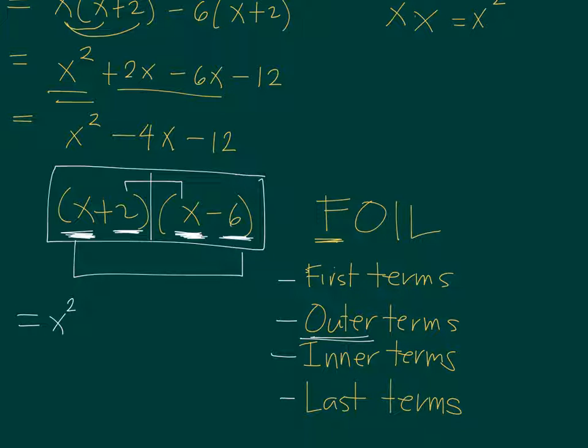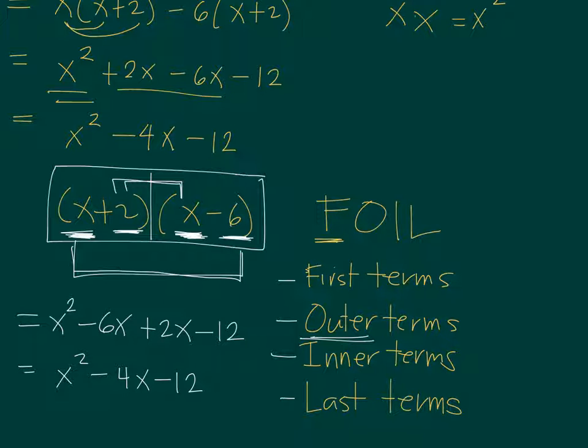And then multiply the outer terms. X and minus 6, or negative 6, will give you negative 6x, so we have minus 6x. The inner is 2 times x, so we have plus 2x, that's positive. And then the last is positive 2 and minus 6, so that's minus 12. So we have x squared minus 4x minus 12 as the expanded form of x plus 2 and x minus